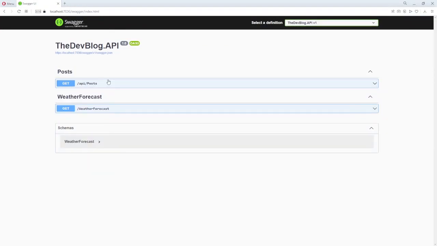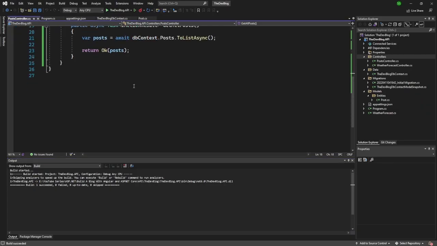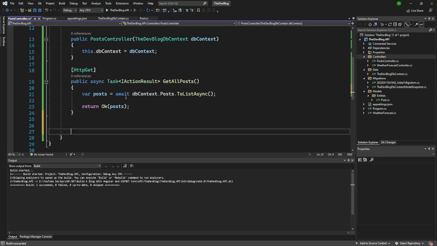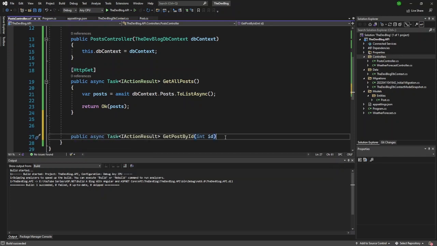So now we have written one method to get all the posts. At the moment we only have one, but let's come back to our controller and create more methods to complete our CRUD operations. So I will come over here and create a new method called get single post, or get post by ID. So I will create a public async get post by ID, and instead of an int, we are using GUIDs. So I will use a GUID,